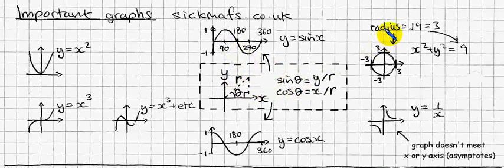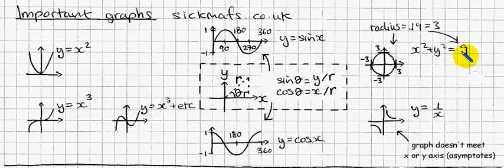Anyway, let's move on to the equation of a circle. Okay, in GCSE they keep it nice and simple. The center of the circle is always at 0, 0. And all you need to know is what's the radius of this circle. Once you know that, you can write down the equation of a circle. In this case, the radius is 3. So all I write is x squared plus y squared equals 9, because all you put at the end is